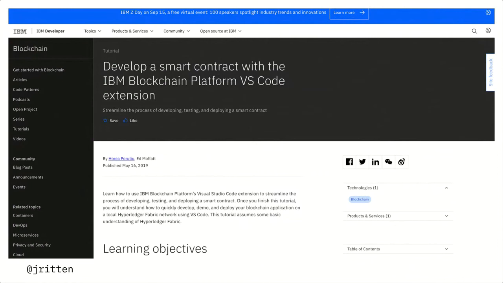Node version 8 or greater, and NPM version 5 or greater. You'll need Docker version 17.06.2 or greater, and Docker Compose version 1.14 or greater. There's a few more checks here for Windows, just to ensure that you have the right items that you need installed. And then you can check that you have the right Node, NPM, Docker, and Docker Compose versions installed.